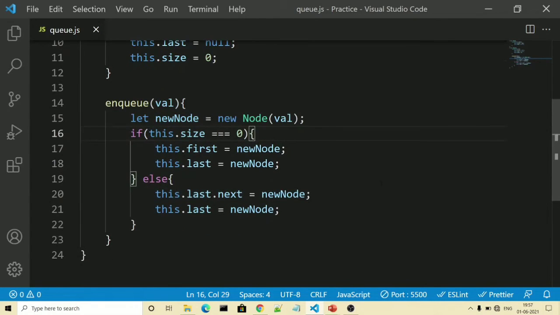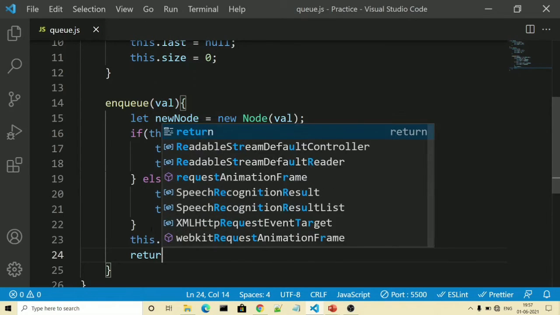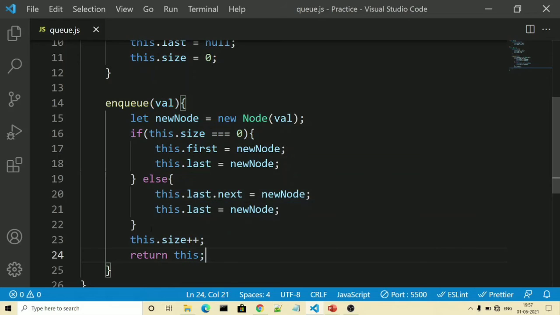So here we will go outside of the else part and we will write this.size++ and then return this. We are writing this statement outside because we want it to run inside the if as well as inside the else. So in a single go, we write the statement for both cases.